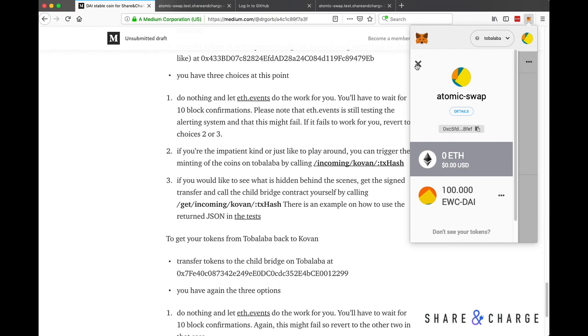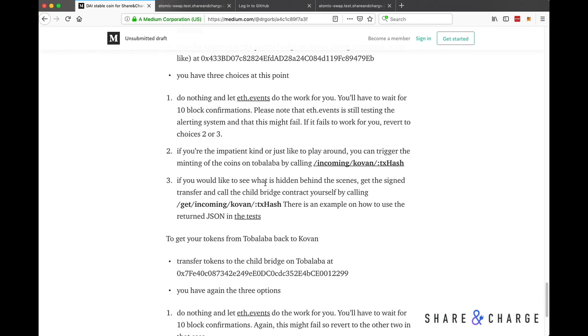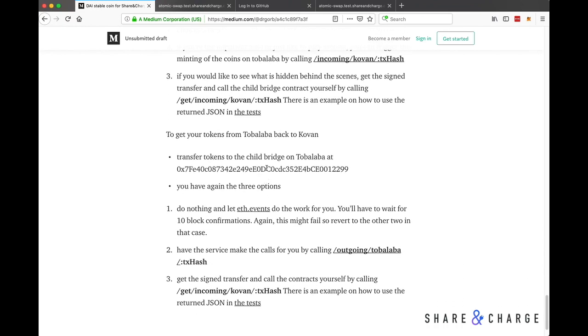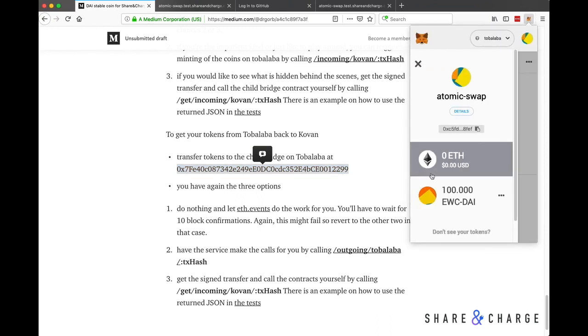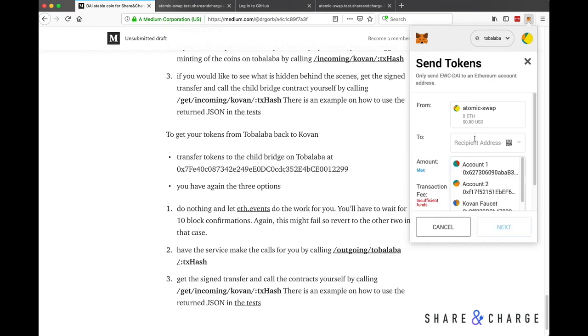Let's go over to Tobalaba. And it tells me in the blog post to transfer the token to the child bridgehead, the address of which is provided here. So I can simply copy the address. So I paste it to the 2. I send the whole 100